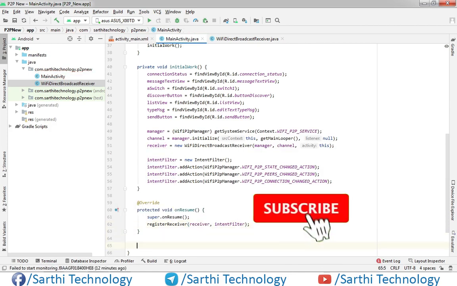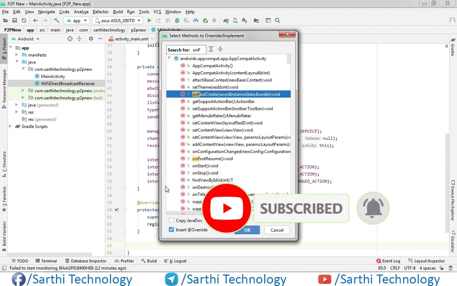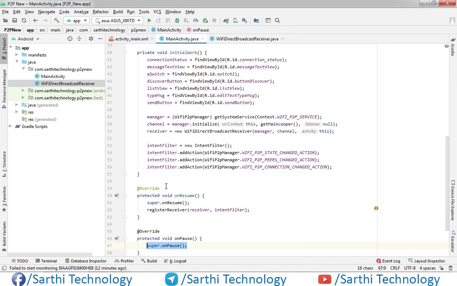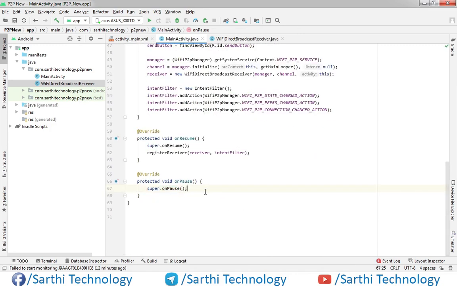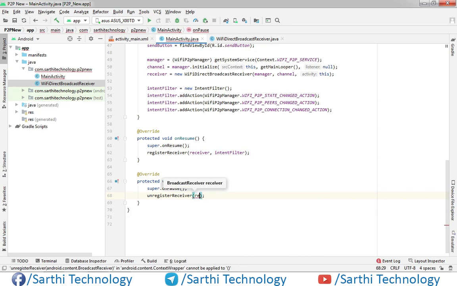Same for onPause, Ctrl O, onPause, and here unregister receiver and receiver.